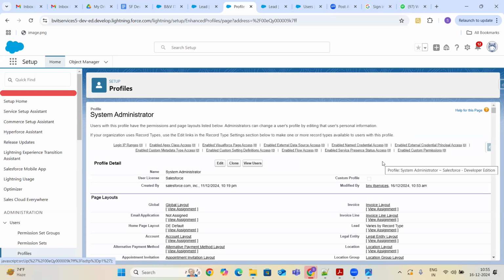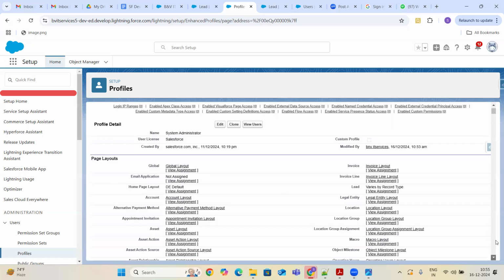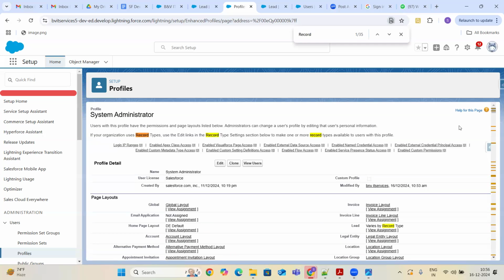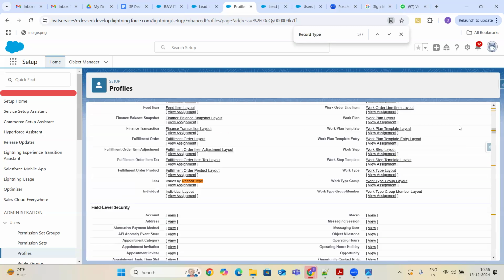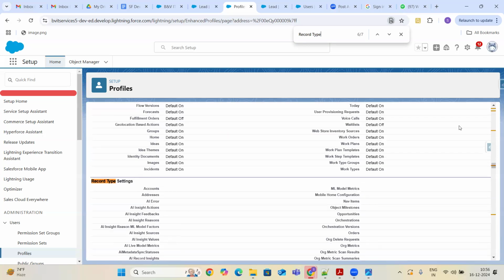So I went to the system administrator profile, and it displays a screen like this. Then you will see page layouts here. You can search with Control F for record type, because we know record type is the one which controls this.